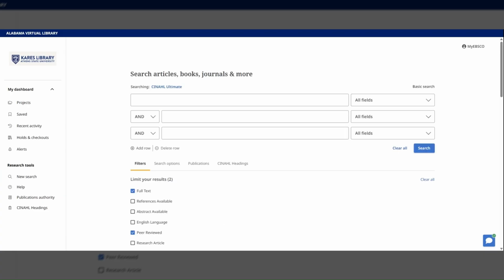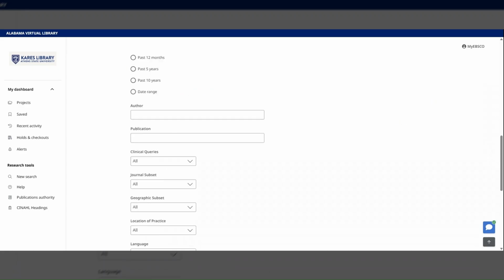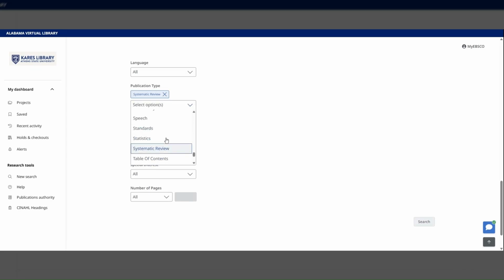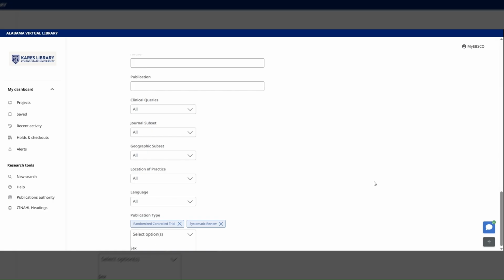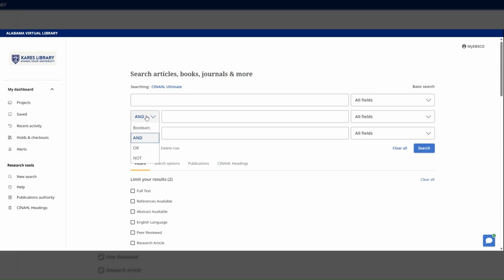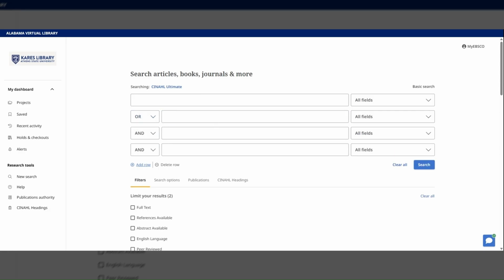You should now be able to identify whether an article is a systematic review or a randomized controlled trial. While that skill is especially useful in Google Scholar, it also applies to databases like SynNull and most EBSCO or ProQuest databases. If you scroll down and find publication type and scroll down to the S section to find systematic review, you can also select R for randomized controlled trial. This lets you limit your results to exactly the type of study you need. Just make sure when you open an article that it's clearly indexed under that publication type.